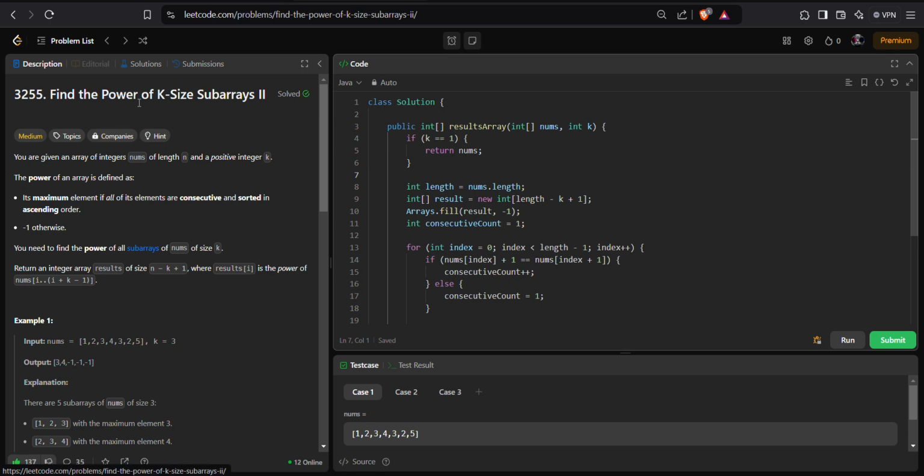The problem is find the power of k size subarrays. So you are given an integer array nums and a subarray length of k. The power of an array is defined as the maximum element if all its elements are consecutive and sorted in ascending order, which means you need to first of all traverse through all those subarrays present in the integer nums array, and you need to check one thing, that all the elements in the particular subarray are sorted and must be consecutive,